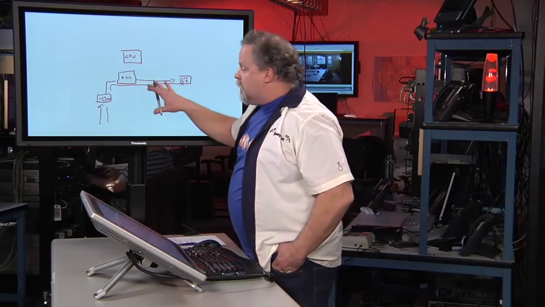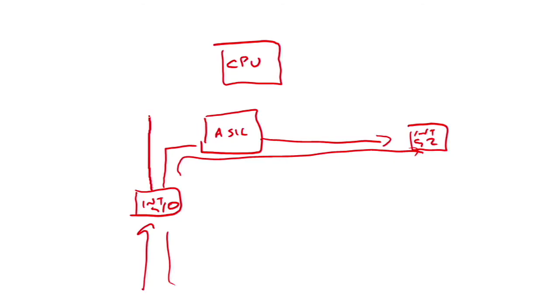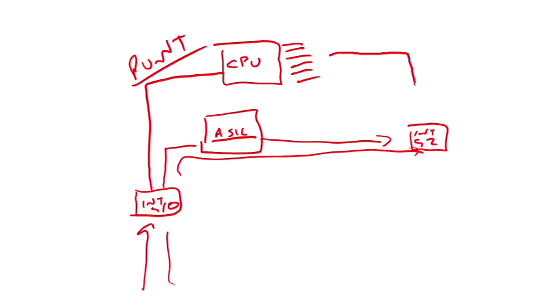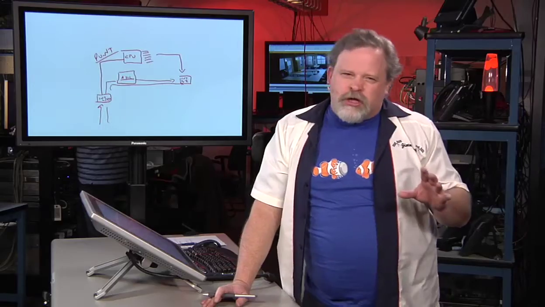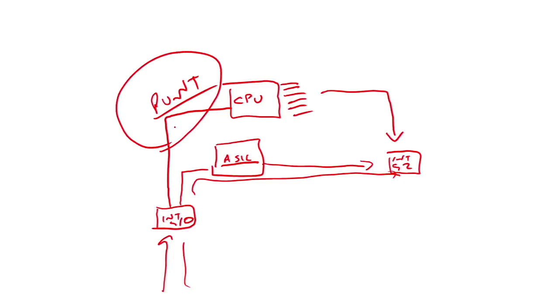No big surprise. If I've got to leave this control path and have the CPU actually manhandle and process something, this is what we call a punt. And punt means I can't process it inside the ASIC, so I've got to punt this out, and sometimes people refer to this as the punt path. So the CPU will actually do its processing, its calculations via the punt, and then it will send the information down to the port that it needs. And you can see this gets a little time consuming. This is when we're actually doing what's called software switching, that type of stuff. And we want to really protect this punt path more than anything out there,